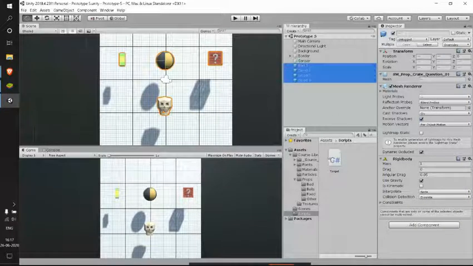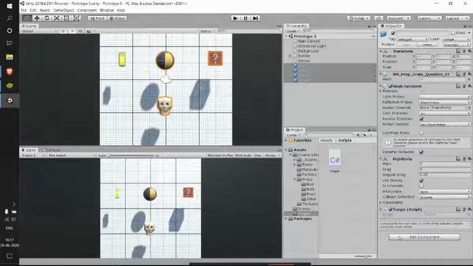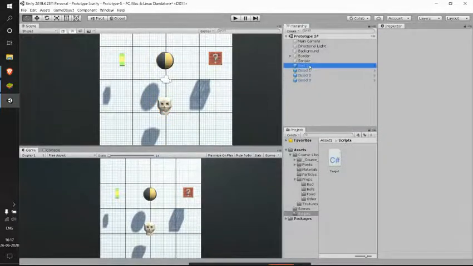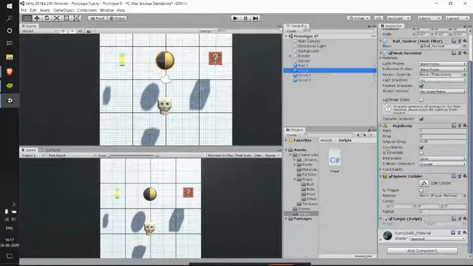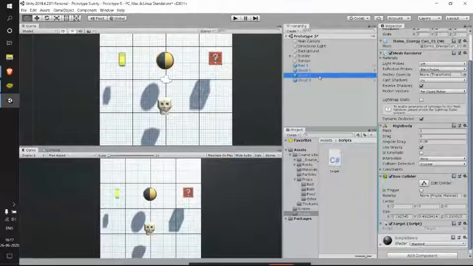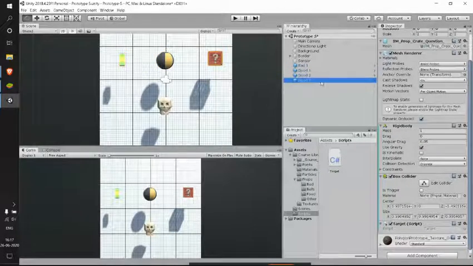And selecting all of this, see, I'm selecting the bad one, holding shift, I'm clicking on my last one. Now I'm adding my target script. Now let me quickly check if I have all the components I needed or not. So I have this rigid body, box collider, and target. Okay, bad one is okay. Let me see good one. Yes, it is also fine. Okay, good three. Yes, all the four objects have all the things.